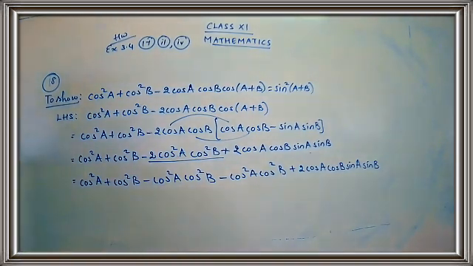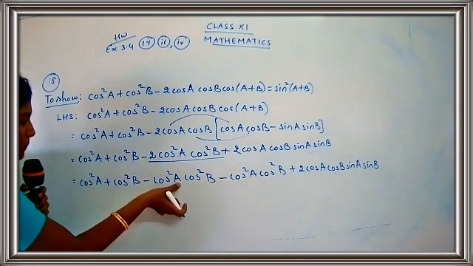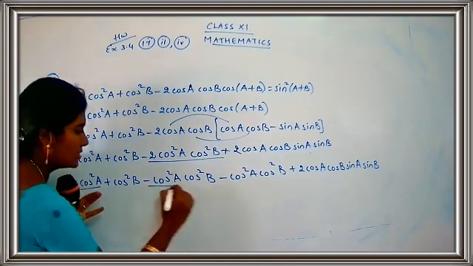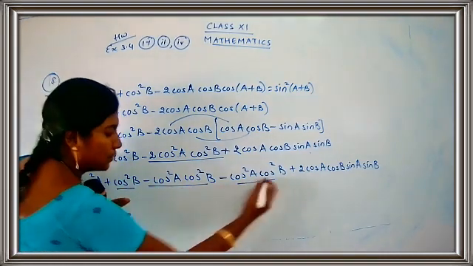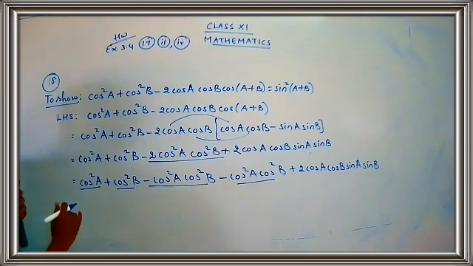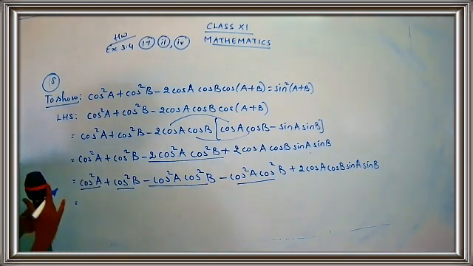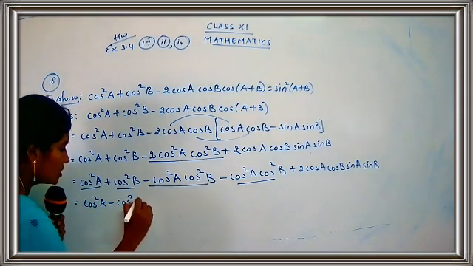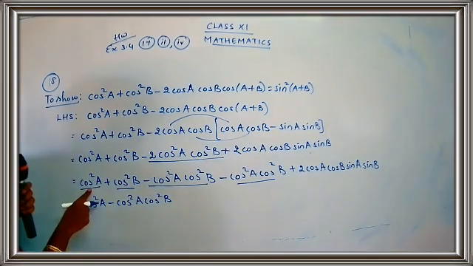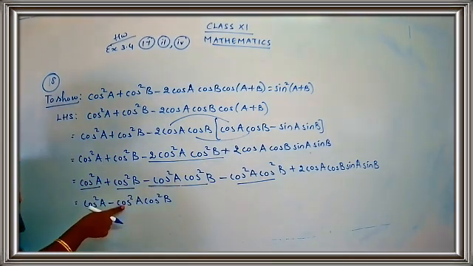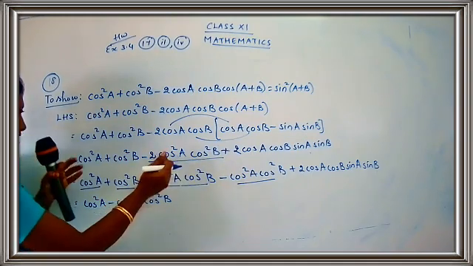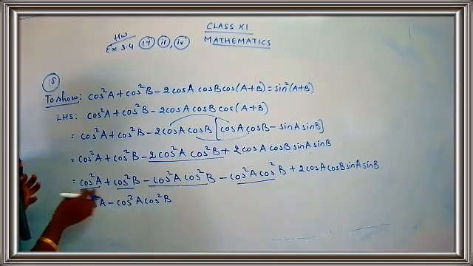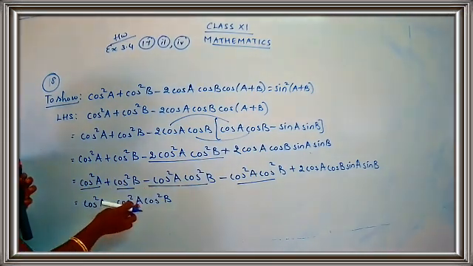Clear? Now, what we are going to do is bring the terms together. We are going to take the first and this term together, second and this term together, so that we can take some common part over here. So now just go for the arrangement. This is cos square A minus cos square A cos square B. So we have split it. Yes, children? One goes to the first term and one goes to the second term. So, cos square A minus cos square A cos square B.